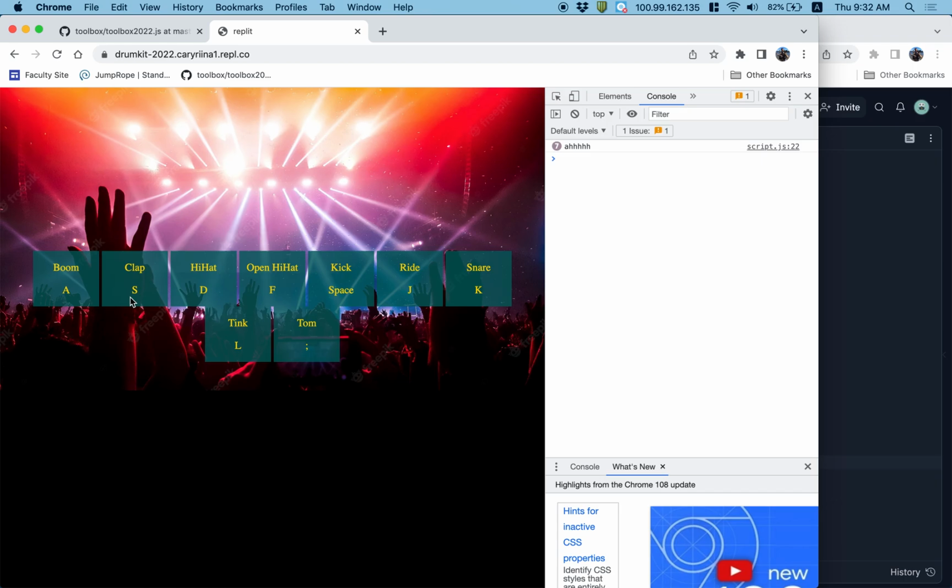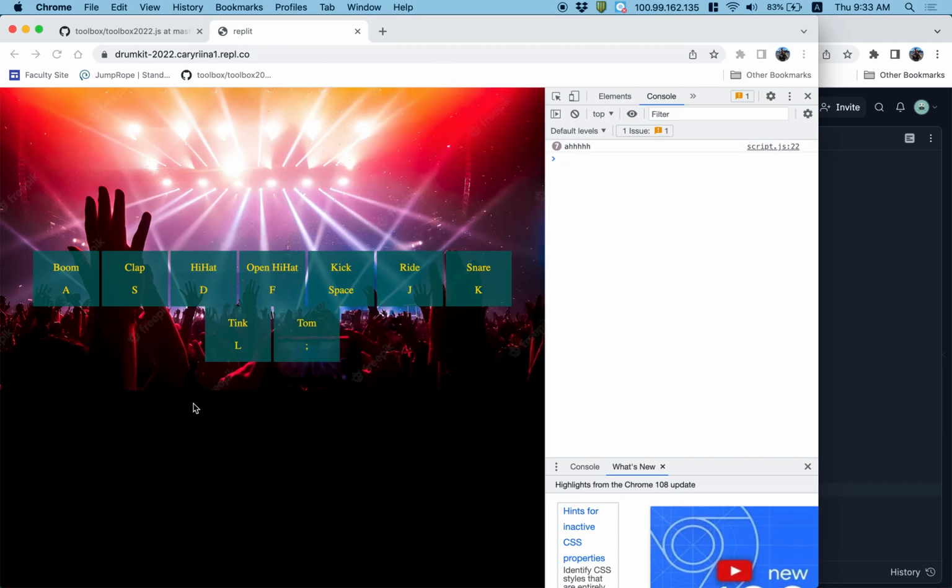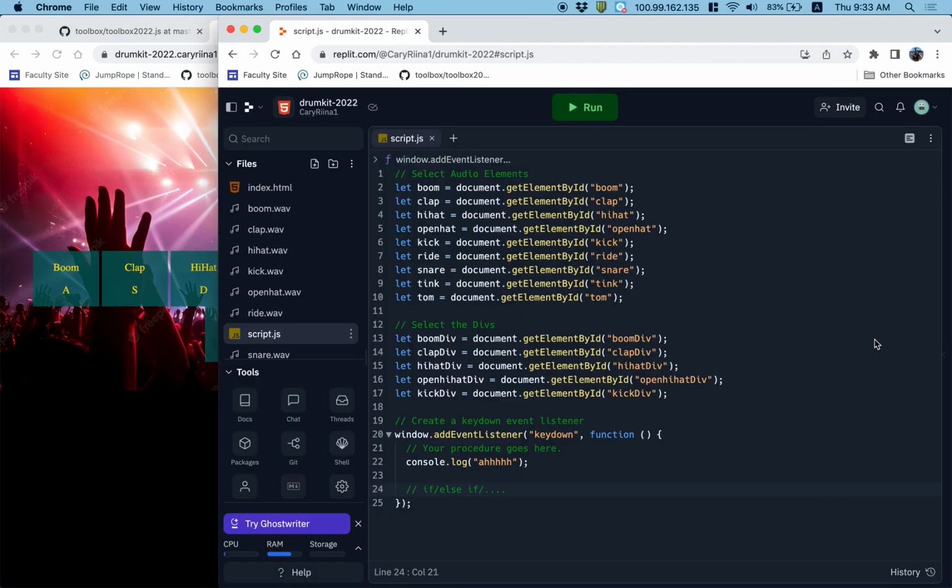And that feels like we have many different options. So this is starting to feel like I'm going to need an if, else if, etc. in order to decide what sounds to play. But I think before I get there, I have to figure out what key is being pressed. And so